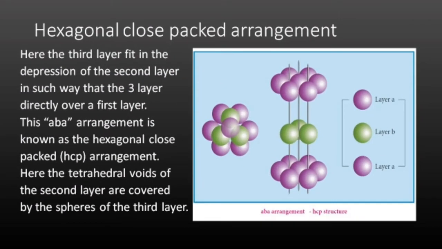In the HCP structure, see the diagram. The first layer is the A layer, small a layer. Here, the capital AB arranged layer. In the second layer, they are arranged in the depression of the first layer. So that is called the small b layer. Again, the third layer is arranged in the tetrahedral void of the second layer, so that we get the same pattern as the first layer. The third layer has the same pattern as the first layer. This type of arrangement is the small ABA arrangement, so that we get the hexagonal close packed structure.